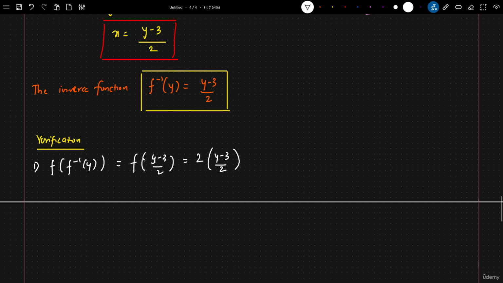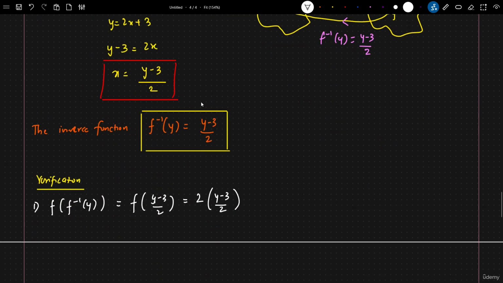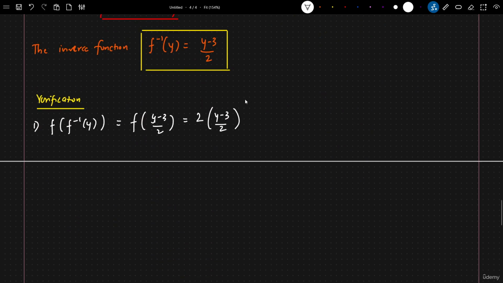Now, f is nothing but 2x plus 3, and I'm considering (y minus 3) by 2 as x. So here we will write 2 times (y minus 3) by 2 plus 3. Now if I expand this, the 2 and 2 cancel. I have y minus 3 plus 3, which is equal to y. Okay. Second, f inverse of f of x